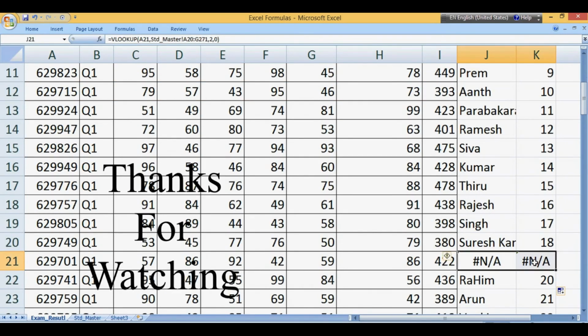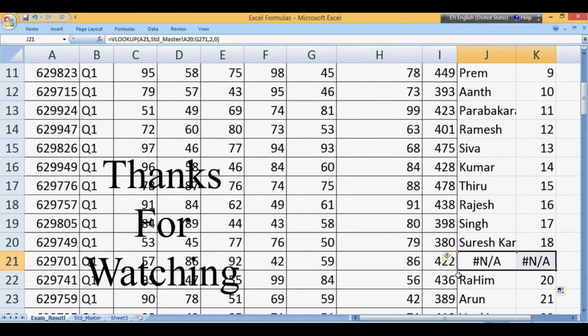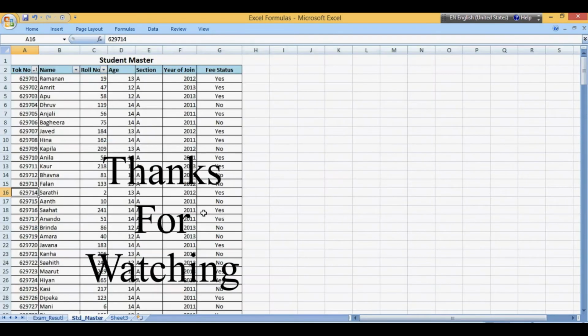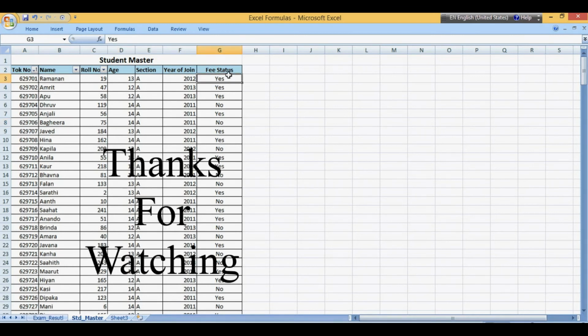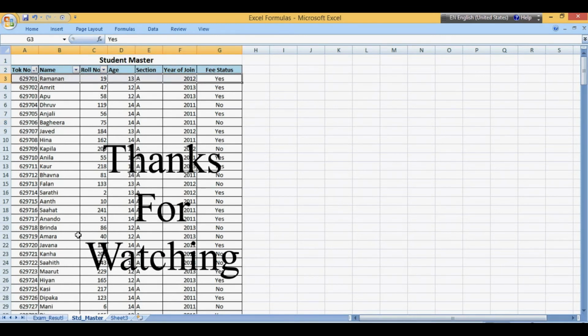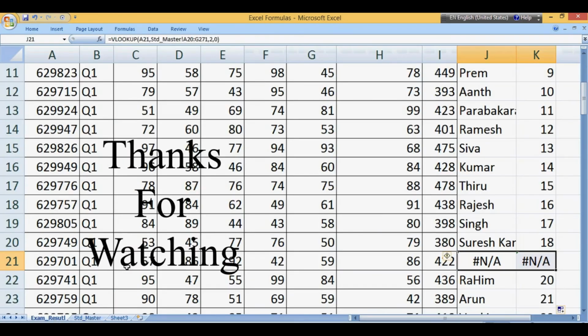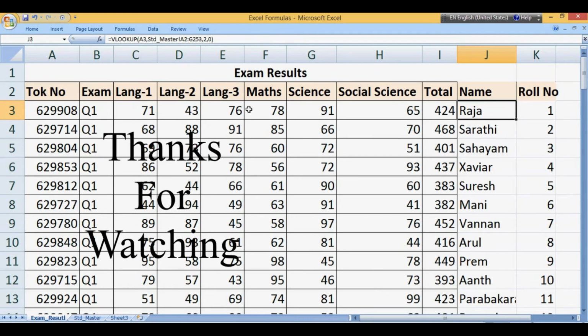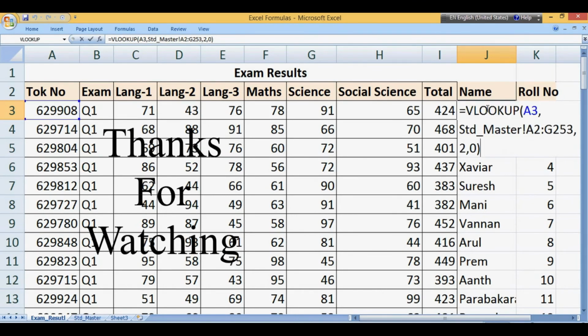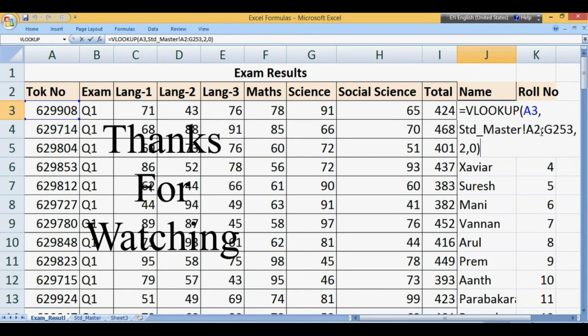See, not applicable. In 629701, not applicable is coming. Let us check. 629701 is in the first column. See, first column itself. Why is not applicable coming? Because the formula I entered here is A2 to G253.